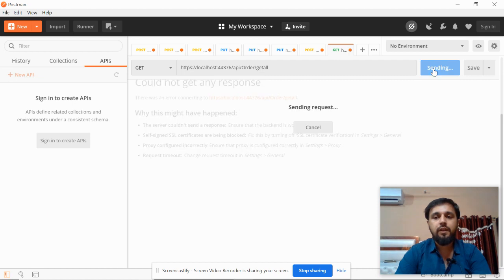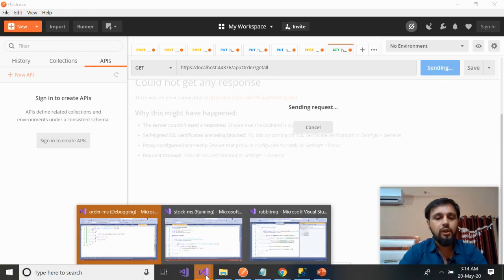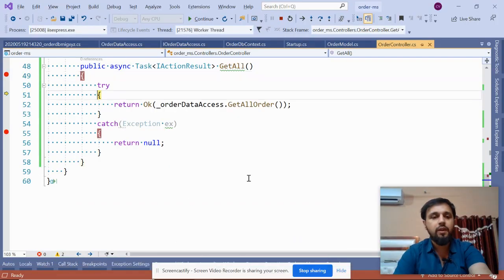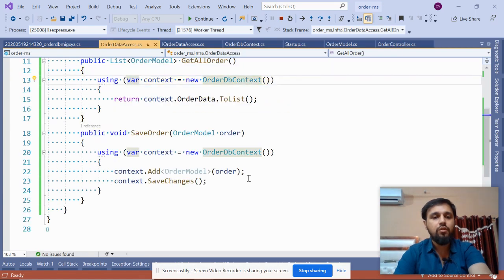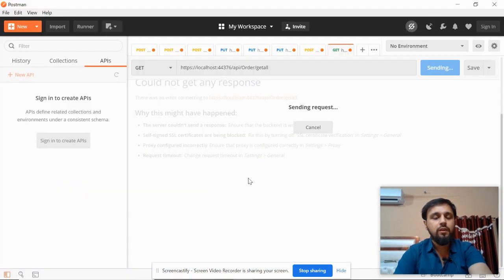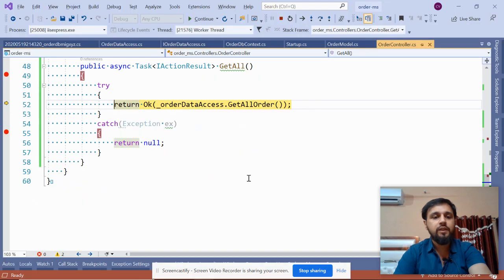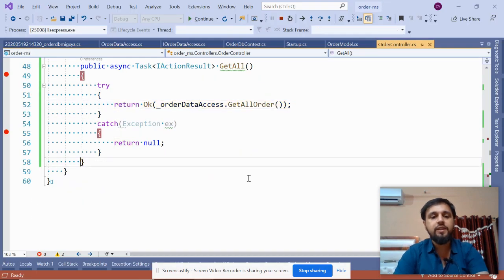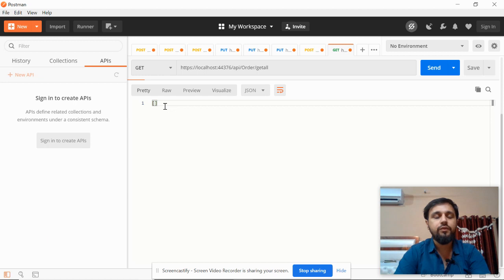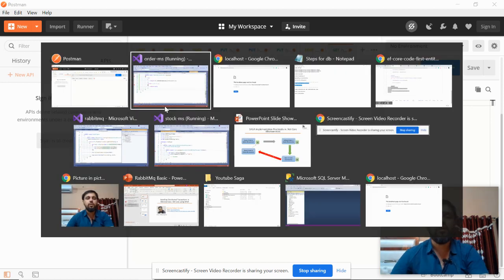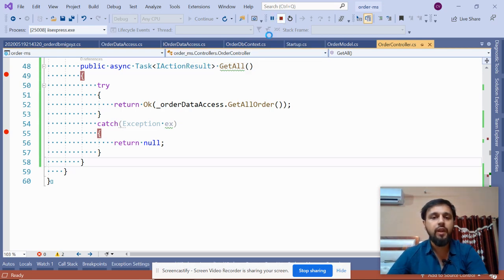So click on this send. Now let's see what happens. Press F10. It goes to the database and see, we do not have any exception this time, and that is what we were expecting. But at the same time, we do not have the data as well. Of course, we don't, because we have not added any entry.